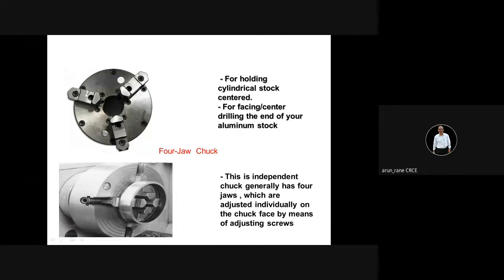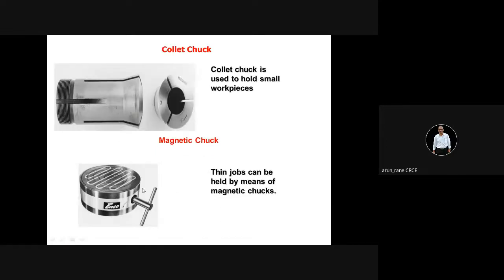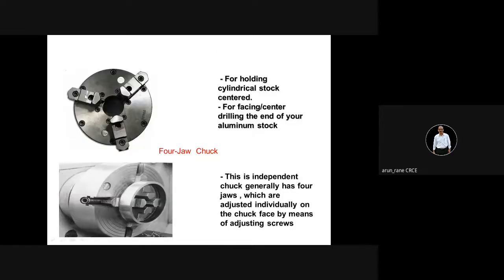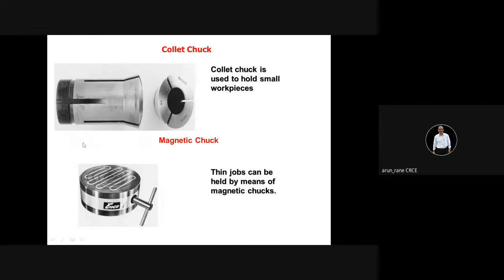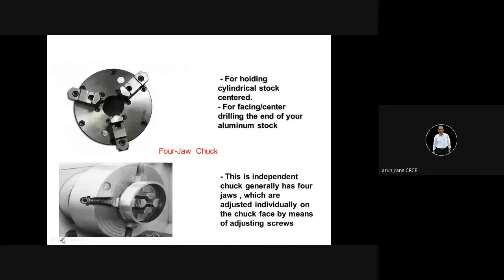Suppose you can clamp it from here, so that will be your internal clamping like this.